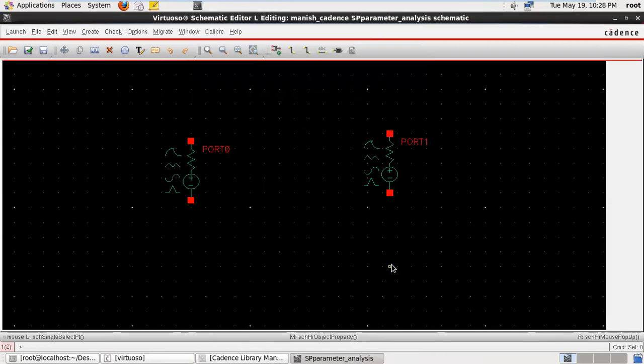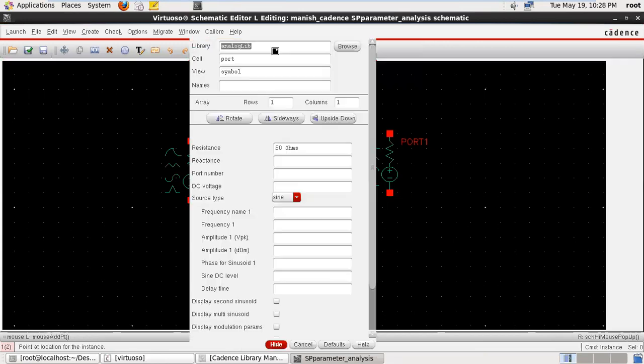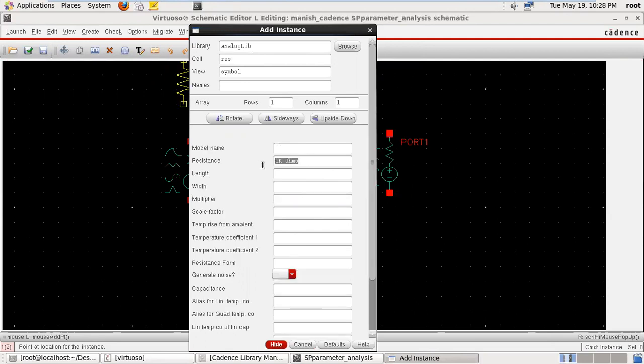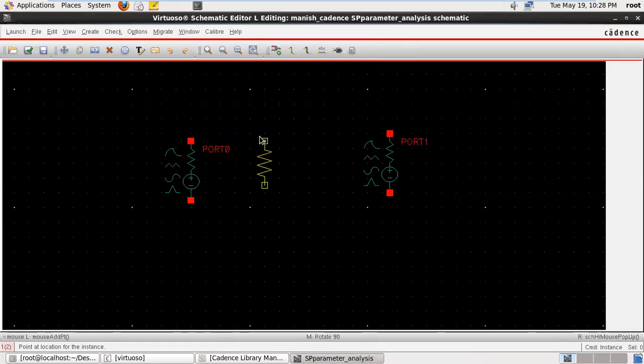Now we are selecting the resistance. Go to the library, resistance. We are taking the resistance values as 10, 20, 20, so that is 10 here.